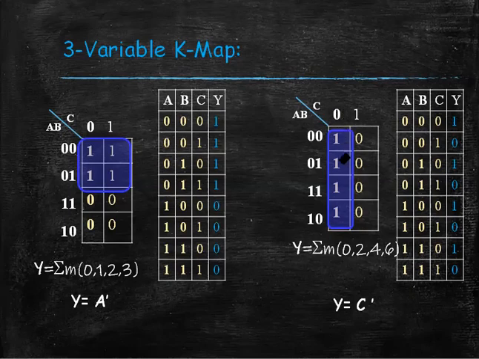When we move downward, only this variable is not changing. Look, 0 0 changed to 0 1, 0 1 changed to 1 1, and 1 1 changed to 1 0. All bits are changed: 0 changed to 1, 1 changed to 0, and 0 changed to 1. Here A and B already changed and C remains unchanged. Sorry, C bar remains unchanged. Then y equals C bar.